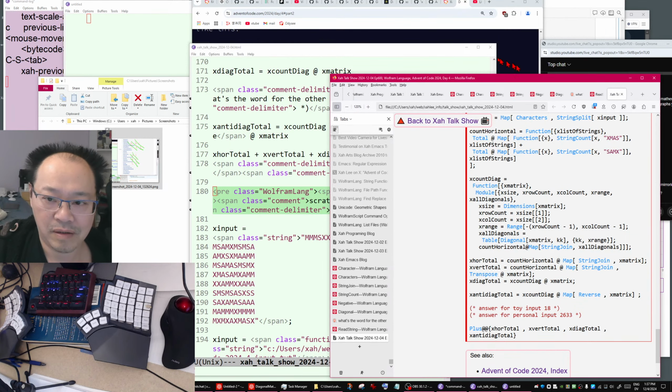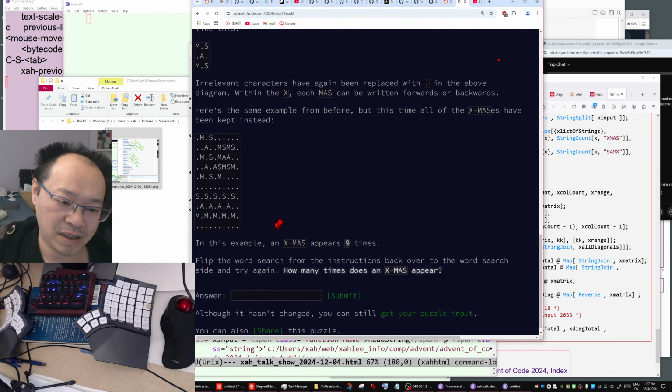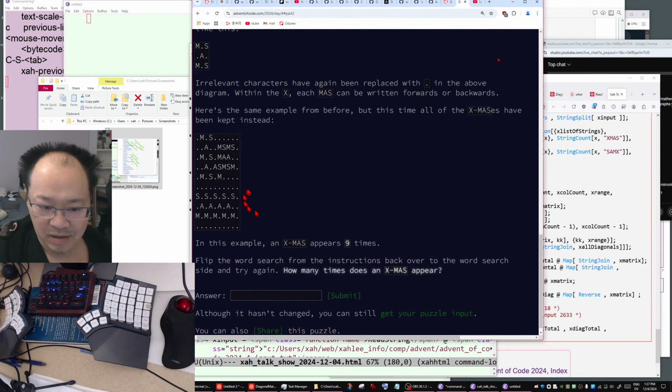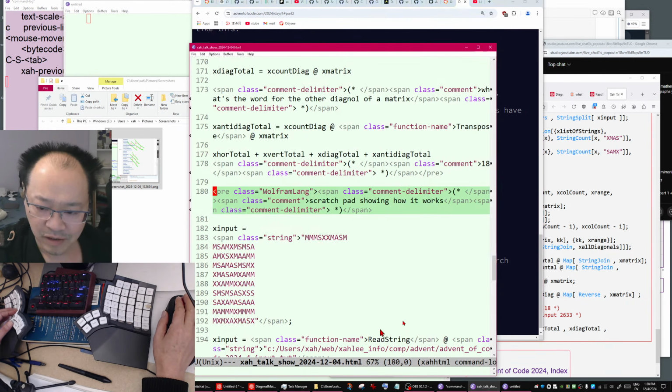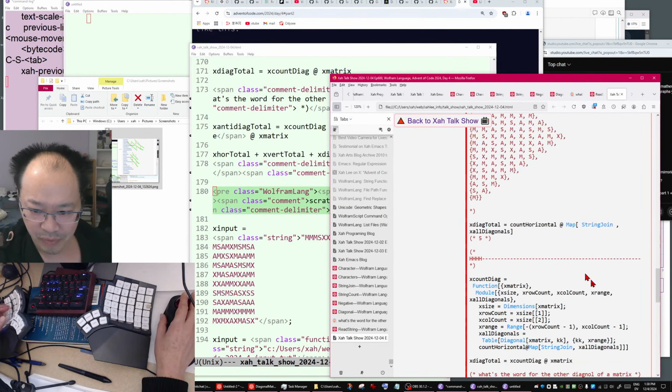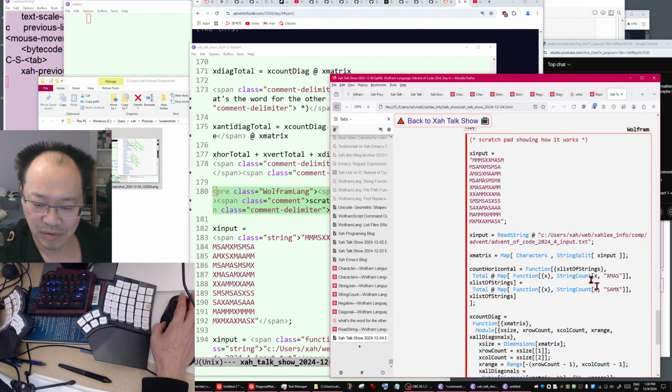Okay, so let me think about this again. So yeah, you need to find the cross. So it is truly an entirely different algorithm. So you have to think about that afresh. It would be nice to have some kind of pattern matching algorithm. Yeah, it's entirely different. Okay, that's it. So in summary, we did part 1, and here's a solution.